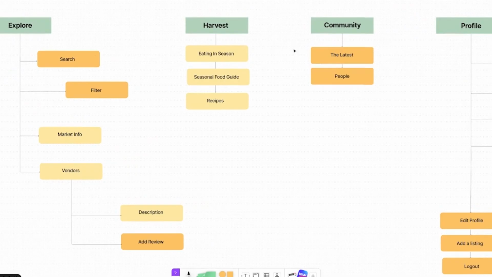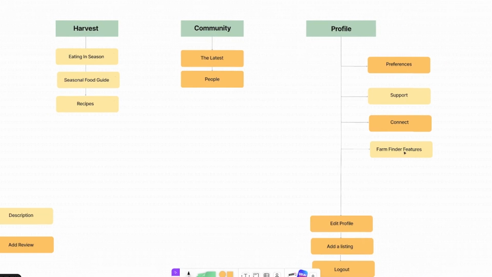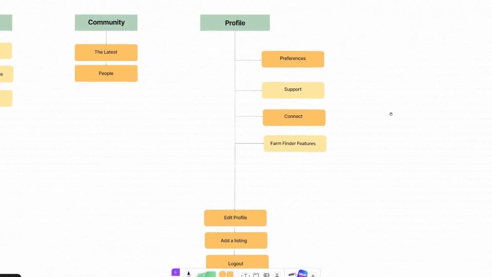I have prioritized community for the third page. This page will act as a social section of the app. Users will be able to view the latest on their feed and connect with people. These features will both be interactive. And the final page will be the profile page,